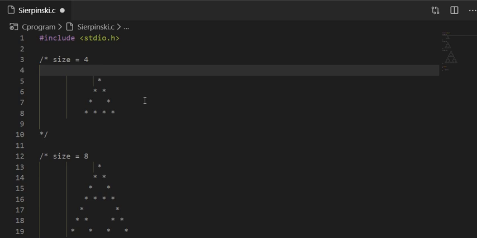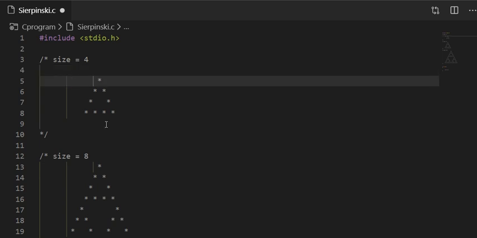As mentioned, size represents number of rows in this triangle. We know that value for a variable in C shall start with the 0. So, for a size of 4, the row value shall range from 0 to 3. That is 4 values ranging from 0 to 3.